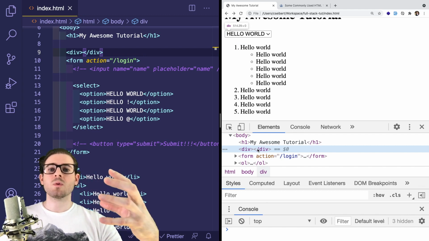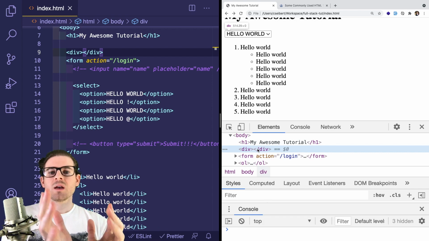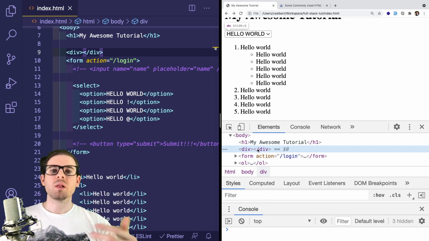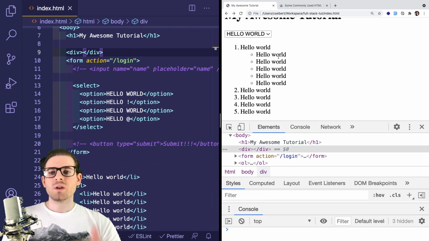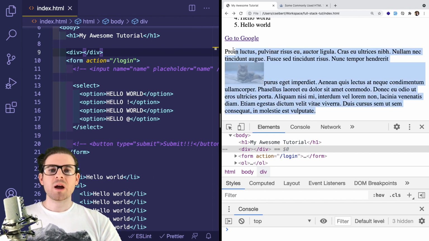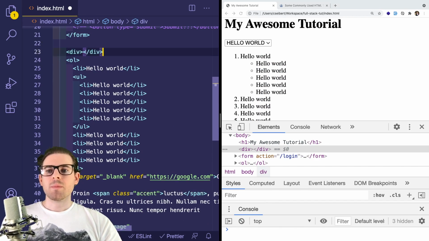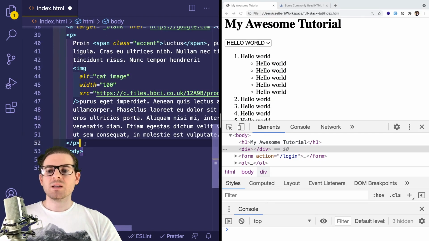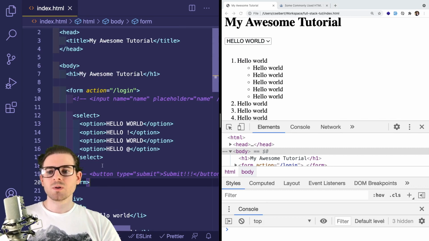What you can use these for is you can wrap groups of tags together or groups of elements and then apply some type of layout or some type of styling so that you can change how the page looks. So one good example is if you wanted to have this paragraph tag be to the right of this hello world stuff, you could wrap all of this stuff inside a div. So if I wanted to wrap all of this stuff here in a div, and then also wrap my form and title in a div,